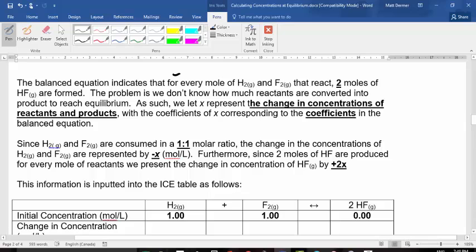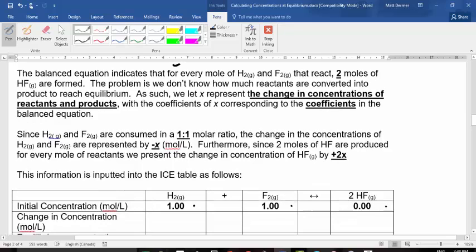So we were told that we have 1 mole per liter of hydrogen. We were told that we have 1 mole per liter of fluorine. As well, no product was present to begin with. Now, even though the reaction will not proceed to completion, that the percent reaction will not be 100%, stoichiometric ratios